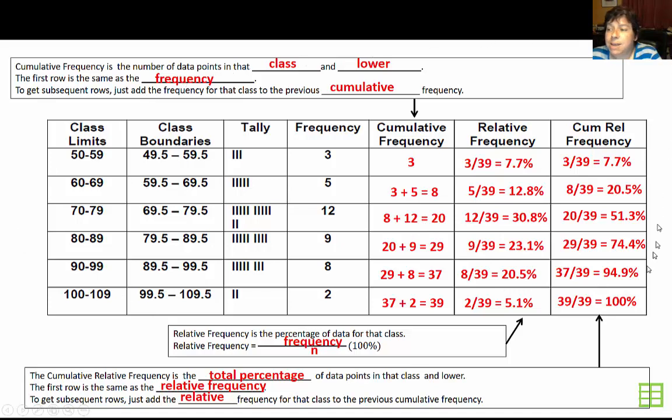So once you set up this table, then you are well positioned to go ahead and make some histograms and what's called an ogive. And we will do that in our next